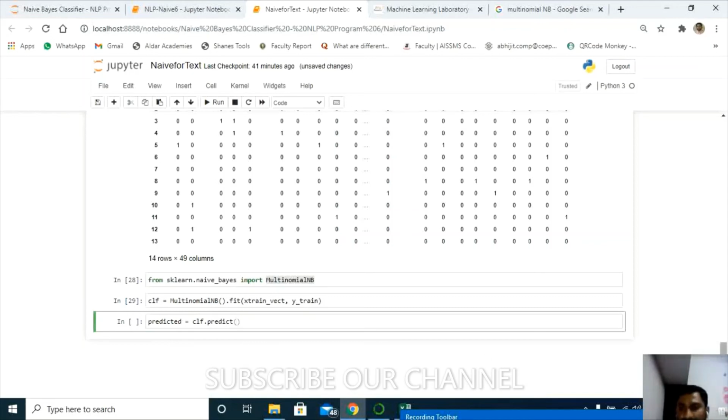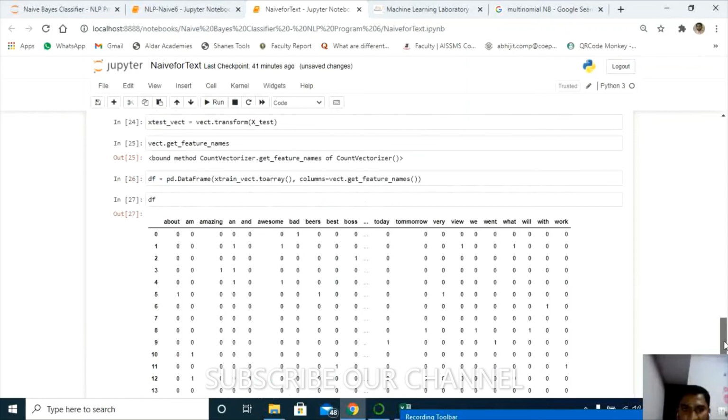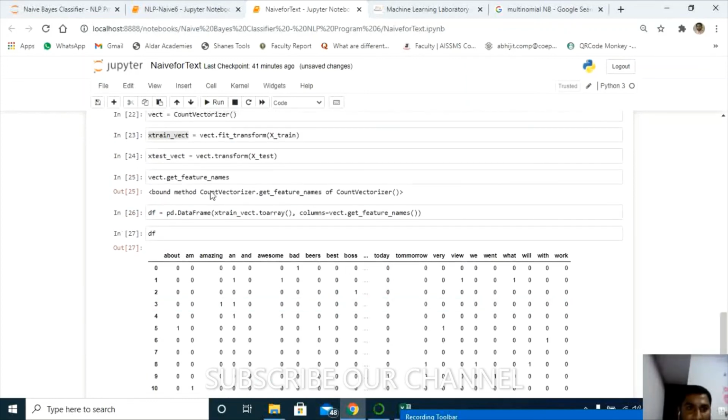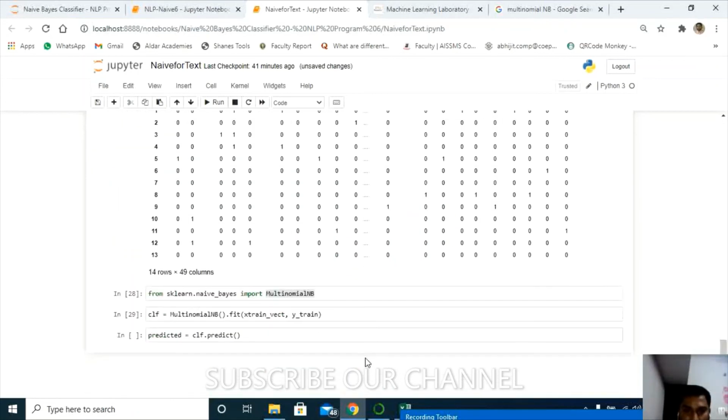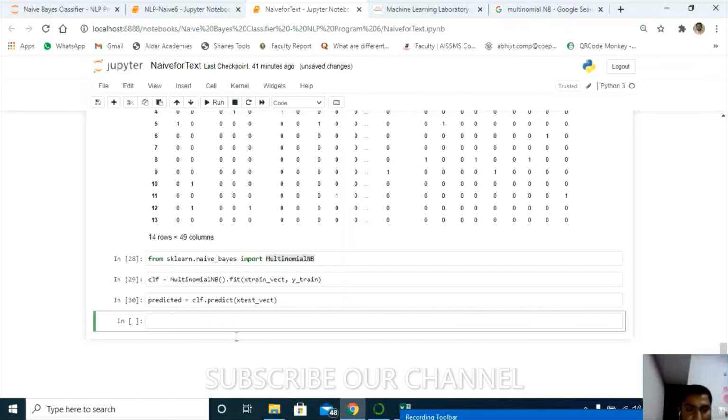I have stored the test data in the variable called x test vector. Copy and paste it over here, shift and enter. Yes, it got executed.